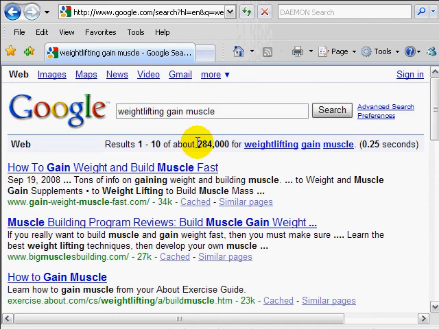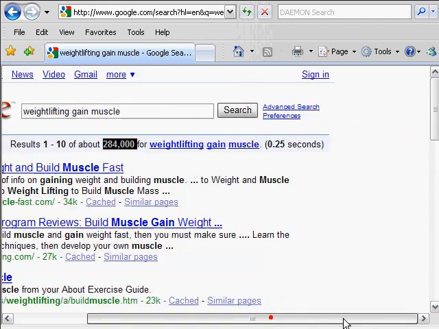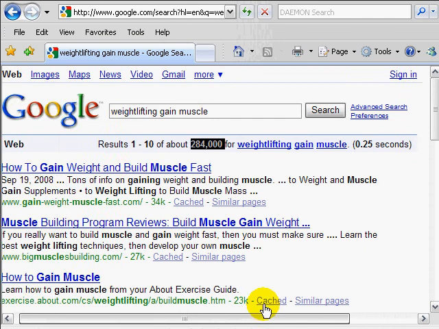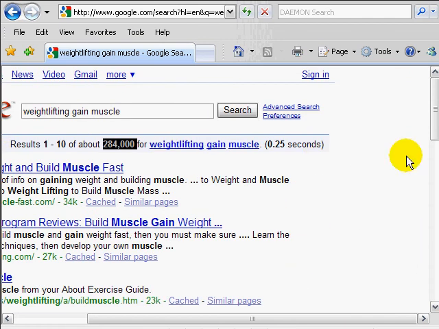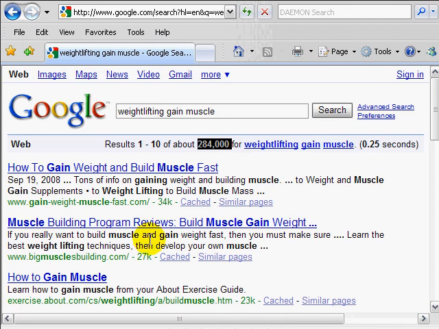So it's about 284,000. And as we can see here with that keyword, there's not a whole lot of people bidding on that keyword. And the key is to do a lot of research on specific keywords and see if it's a saturated market versus a profitable one, because some markets are going to be highly competitive. So you need to figure out what's the difference between you and